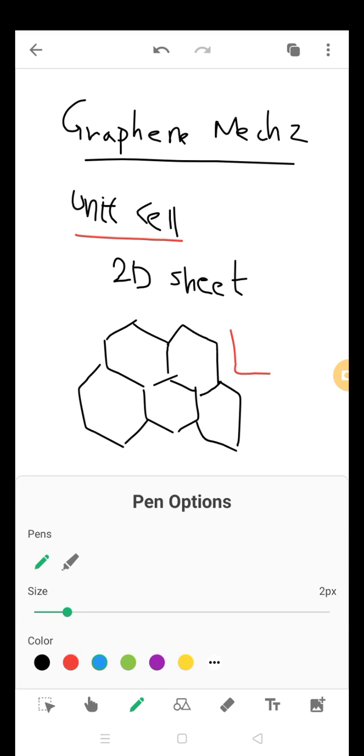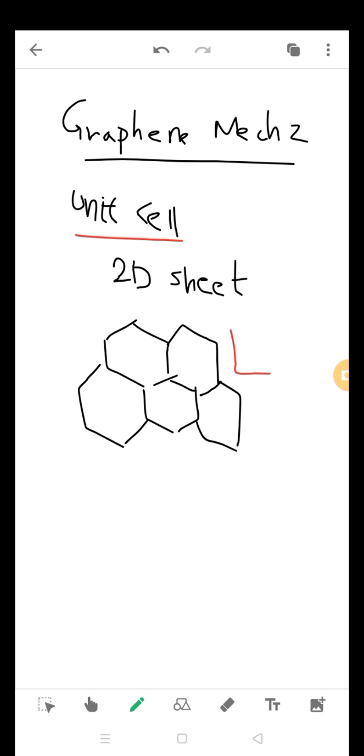The first one is the single hexagon. So we consider any of the hexagons and we perform translation in either the x or y direction, we get the same hexagon back. So this can be considered as a unit cell. And the second one is a combination of